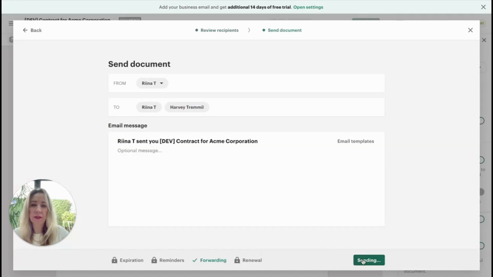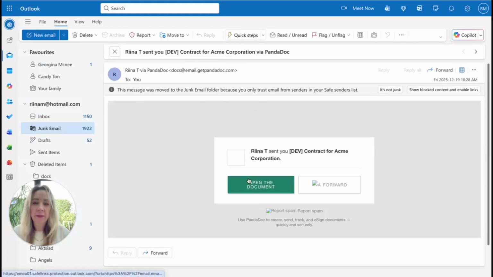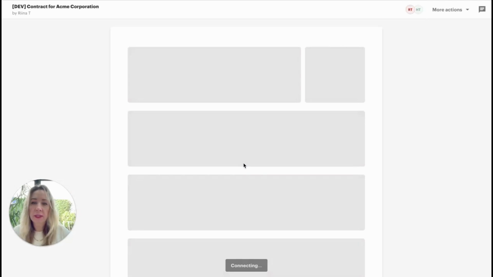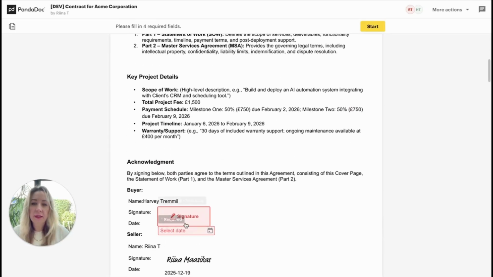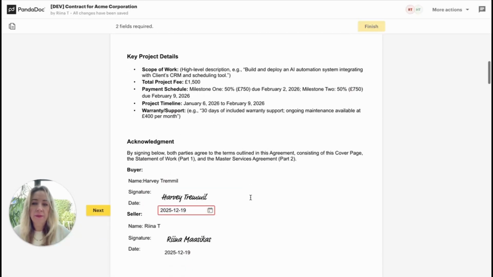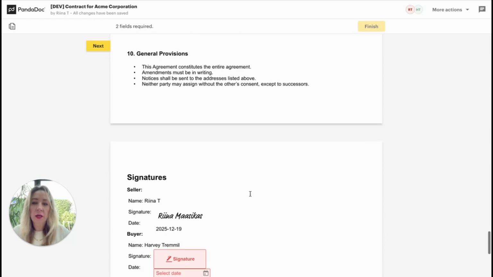There you go. Send. The document has been sent. Okay. Now we're waiting for Harvey to sign. And once he has signed the document, the next workflow gets triggered. Here is the email that was sent by PandaDoc for him to sign. Let's click it open. This is what he's receiving. And this is his bit that he has to sign. Okay, accept and sign. And once Harvey signs the contract,